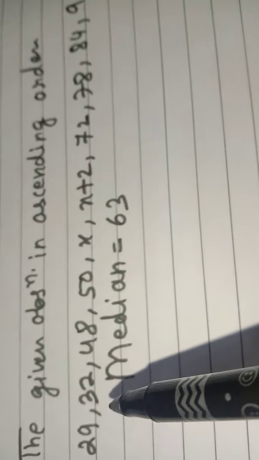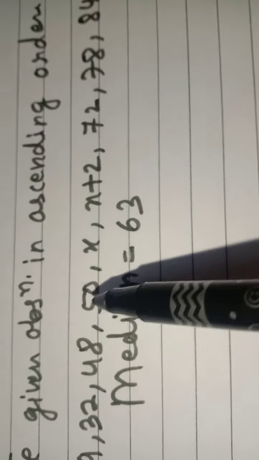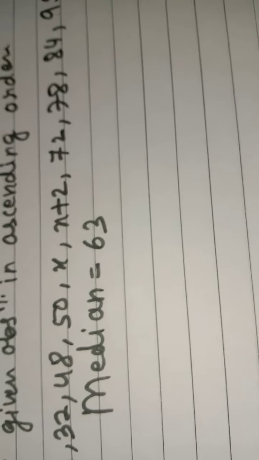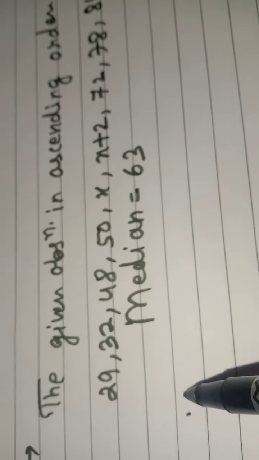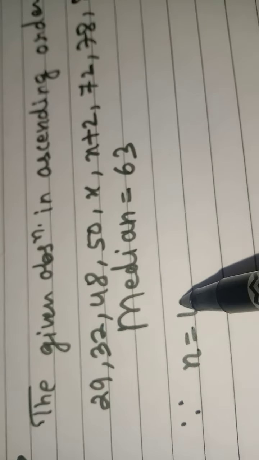Now we do not have to bother about the terms. They are arranged already in ascending order, so we just have to count and confirm whether they are even or odd. So 1 2 3 4 5 6 7 8 9 10. Am I right? It is 10, right? So which formula are we going to use now? Since n is equal to 10,